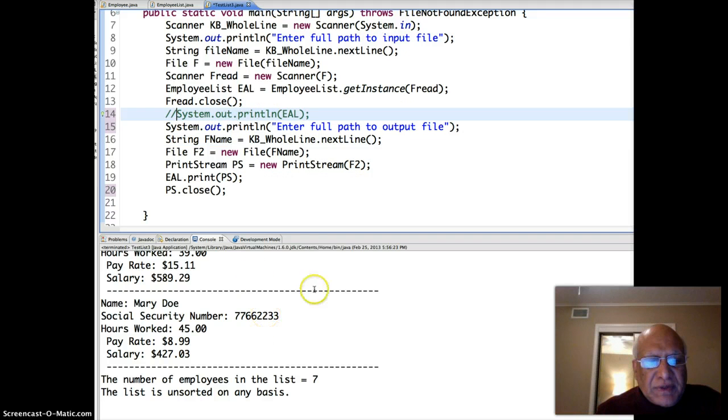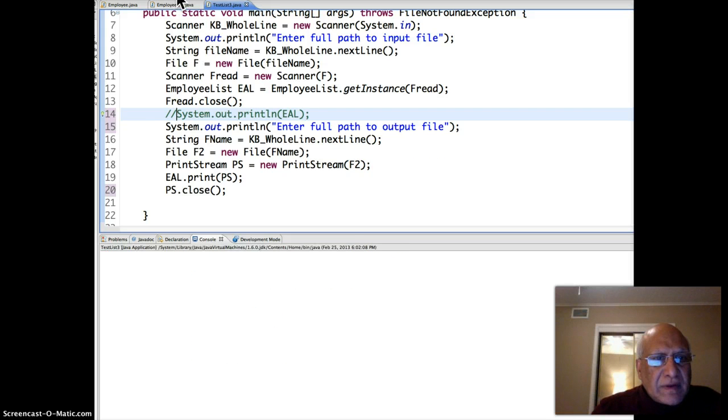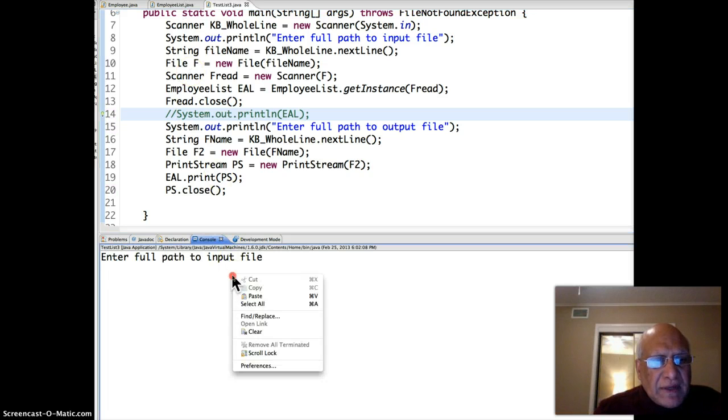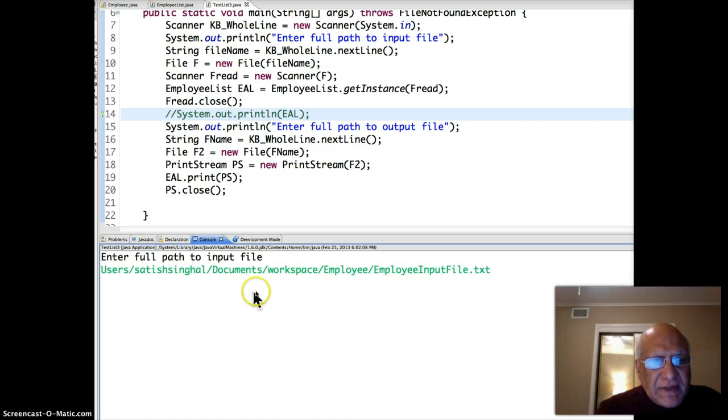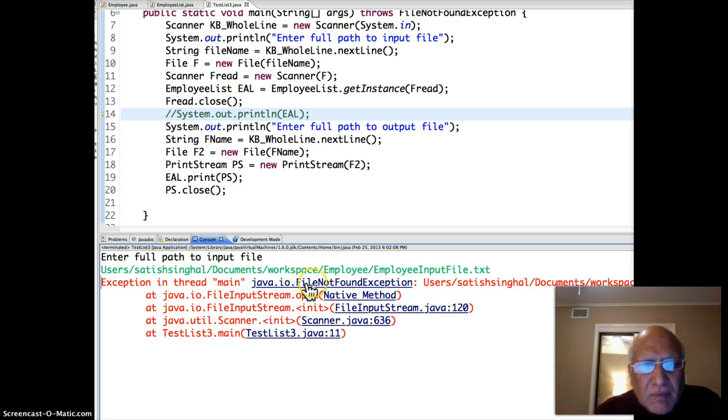I don't need a list printed here. I can just look at the output file at that time. Okay, so let's run it. Input file path is needed. I paste that, and now as soon as I press the enter key, it's going to ask me for the output file name. Oh,